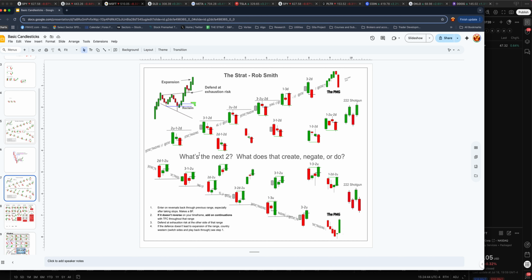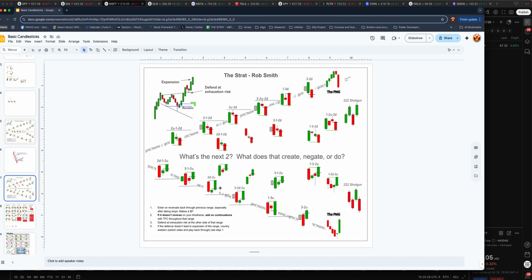One of the things that's really, really important that I want people to grab from what Blue Maroon's talking about is trade location. Not only when things occur matters, but where, right? That's why I created this particular cheat sheet, and I can post it again. These are all the actionable signals, and I ripped them from Alex and Sarah, so I put their stat trading logo in there because I want to give them credit too. But always be thinking, what's the next two? What does that create, negate, or do, right? If you're looking for an expansion at the top of a broadening formation, your first candle's got to be green. If it's not green, this thing's coming back through,